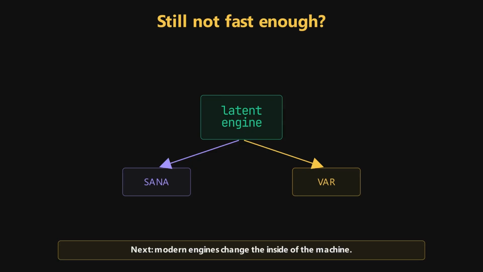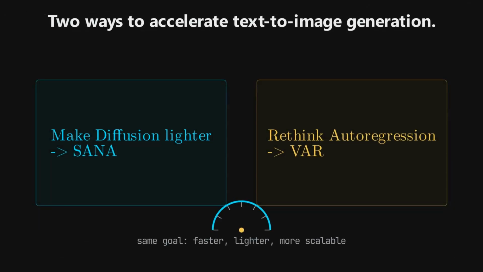And yet, the race is not over. Because once we make the process faster, someone will always look at the GPU and say, nice, now do it again, but cheaper. At the beginning of this journey, we saw 2 major backbones for text-to-image generation. One side was diffusion-based. The other side was autoregressive. Now, near the end, both sides are evolving toward the same goal. Faster generation, lighter computation, and better scaling.